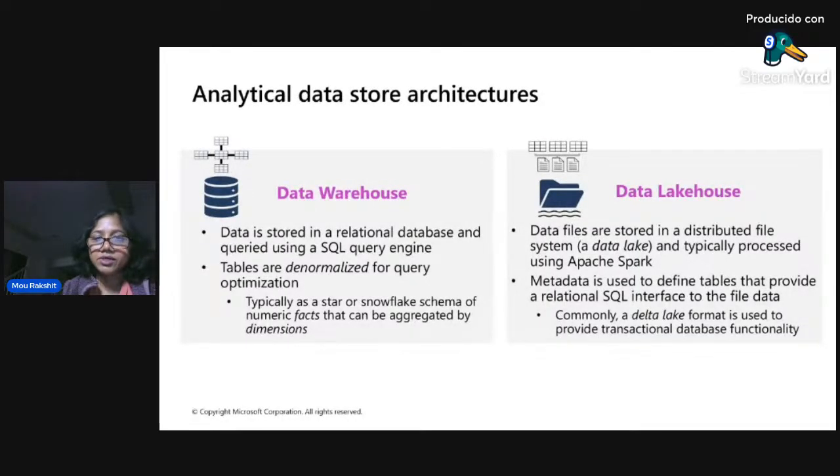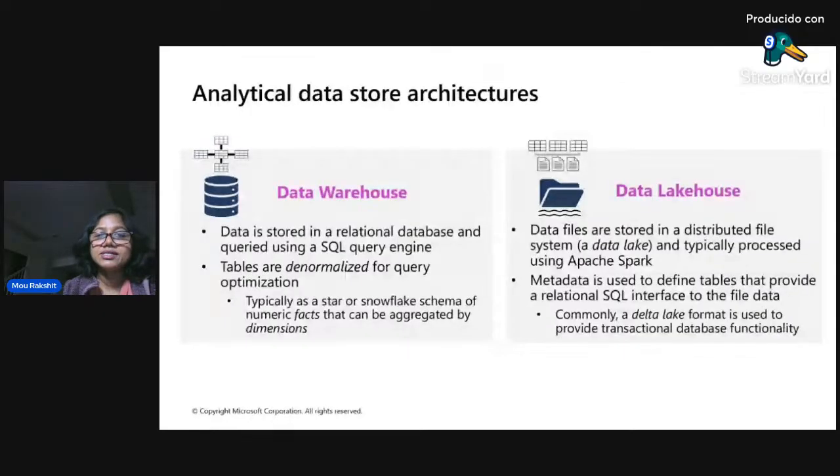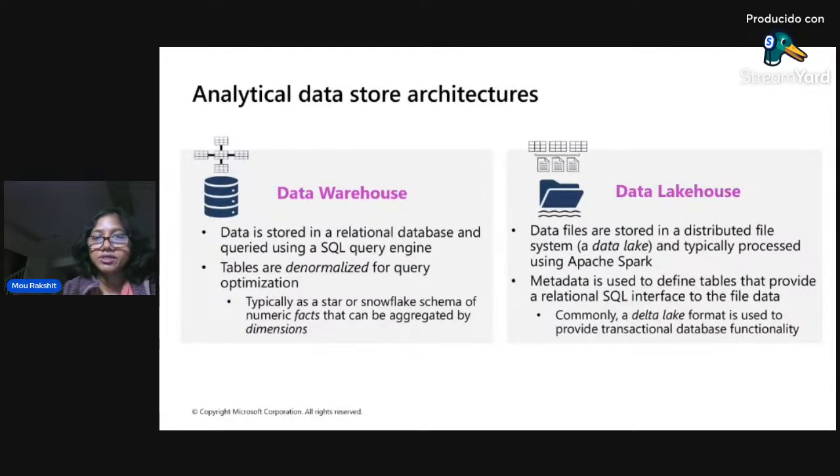You can use a relational SQL interface to read the tables. Normally, these tables are stored in Delta format. There are many other formats possible: Parquet, ORC, JSON, etc. But primarily, the open source format which is widely used, particularly for Azure Databricks and also for Microsoft Fabric, is Delta, which is the predominant format.